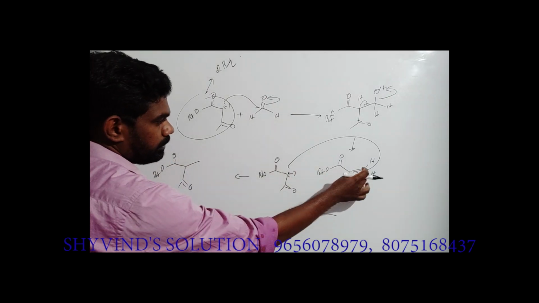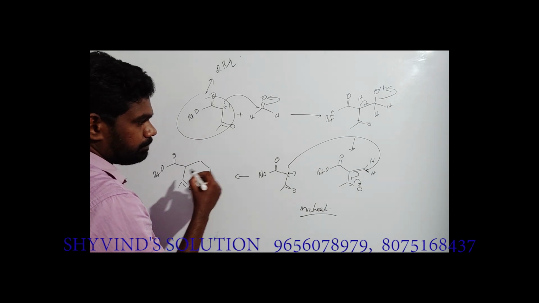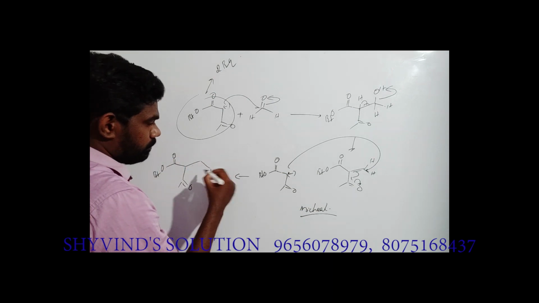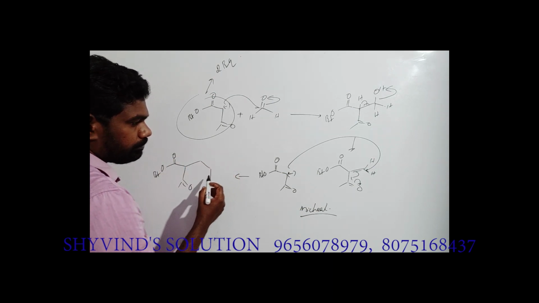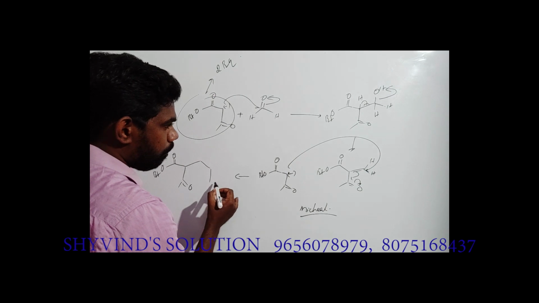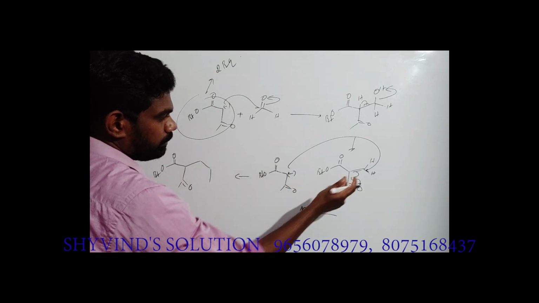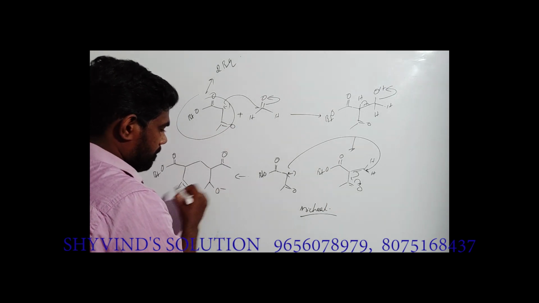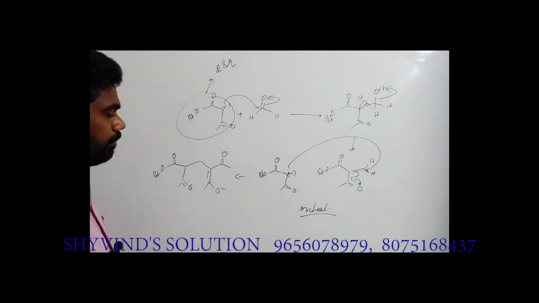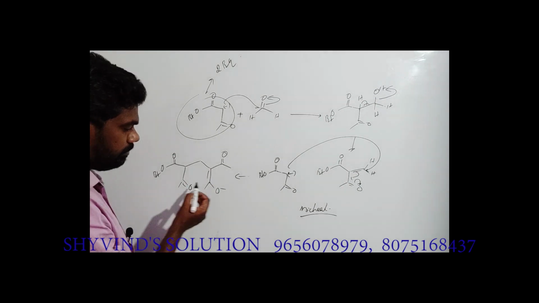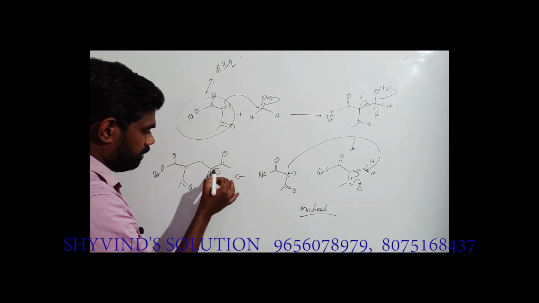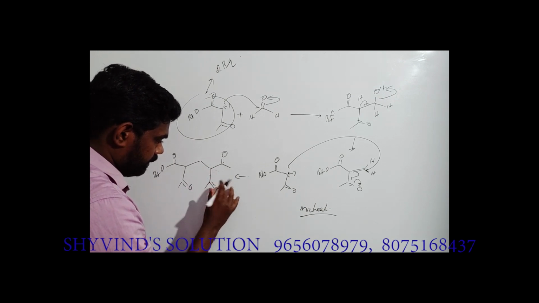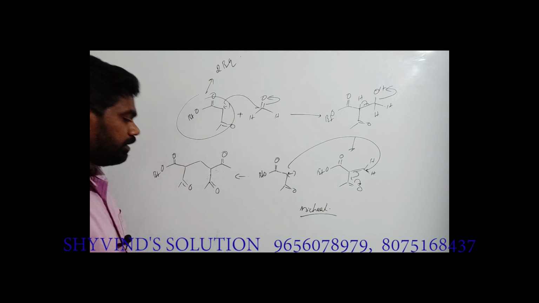This carbon, and that has a double bond will be here. Okay, so this is the molecule you get. So we know when it forms, it will undergo keto-enol tautomerism to give you this product. So let's draw like this. Okay, so this is the ultimate product of Michael addition.